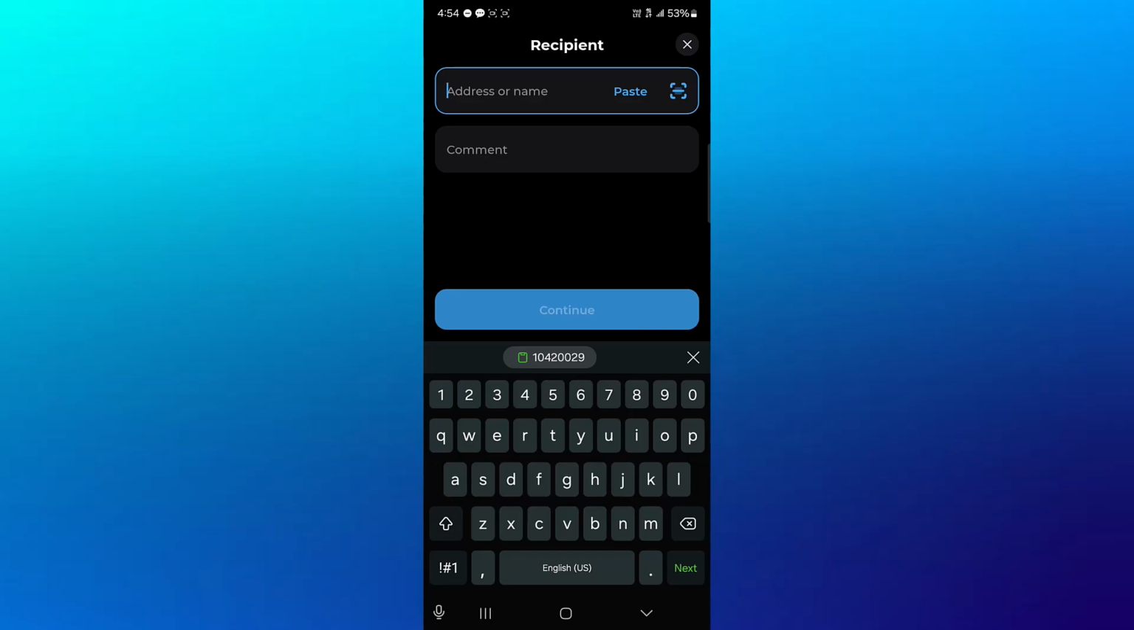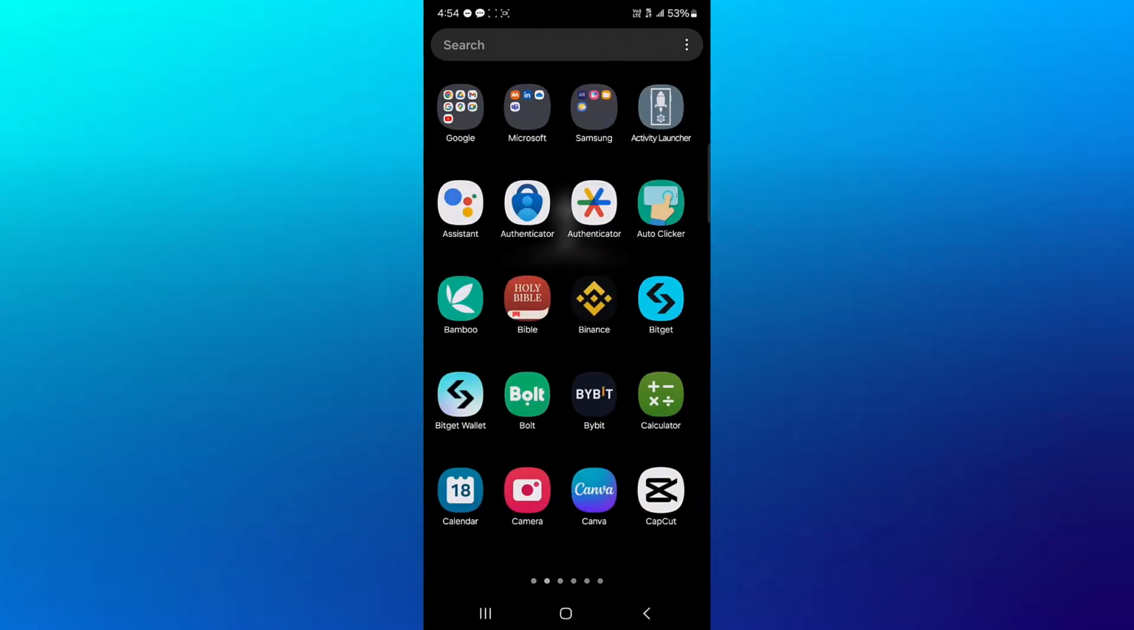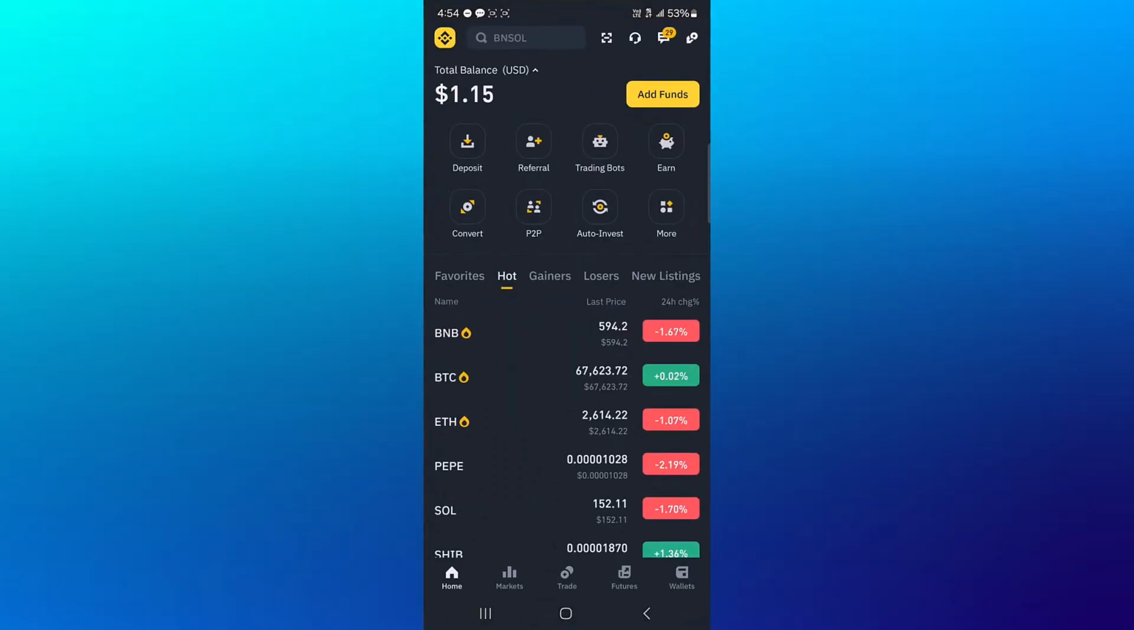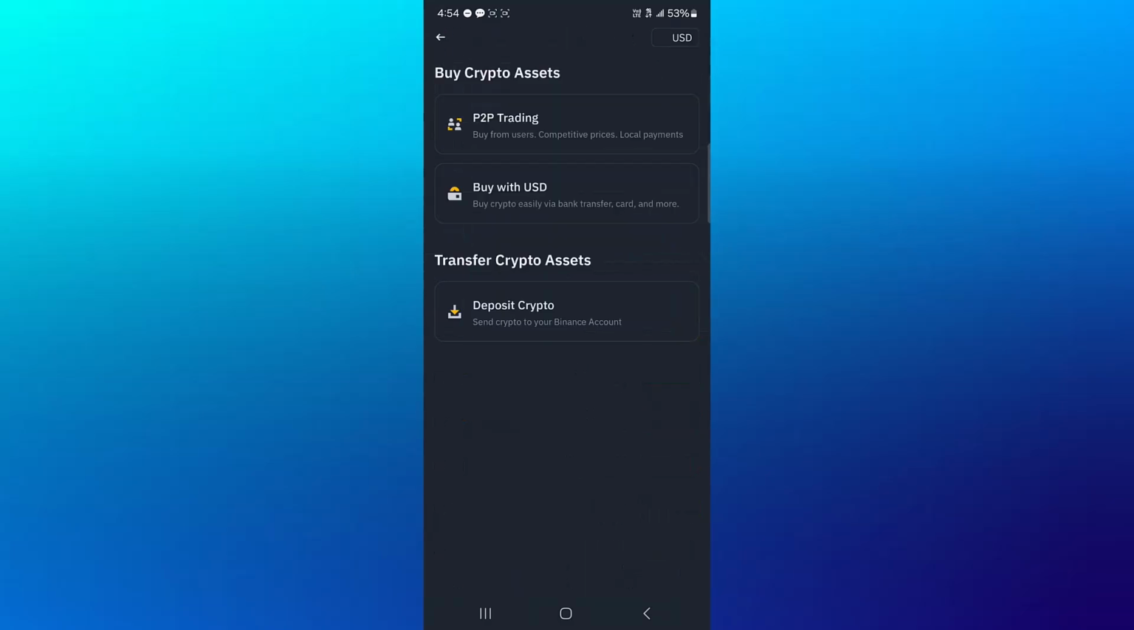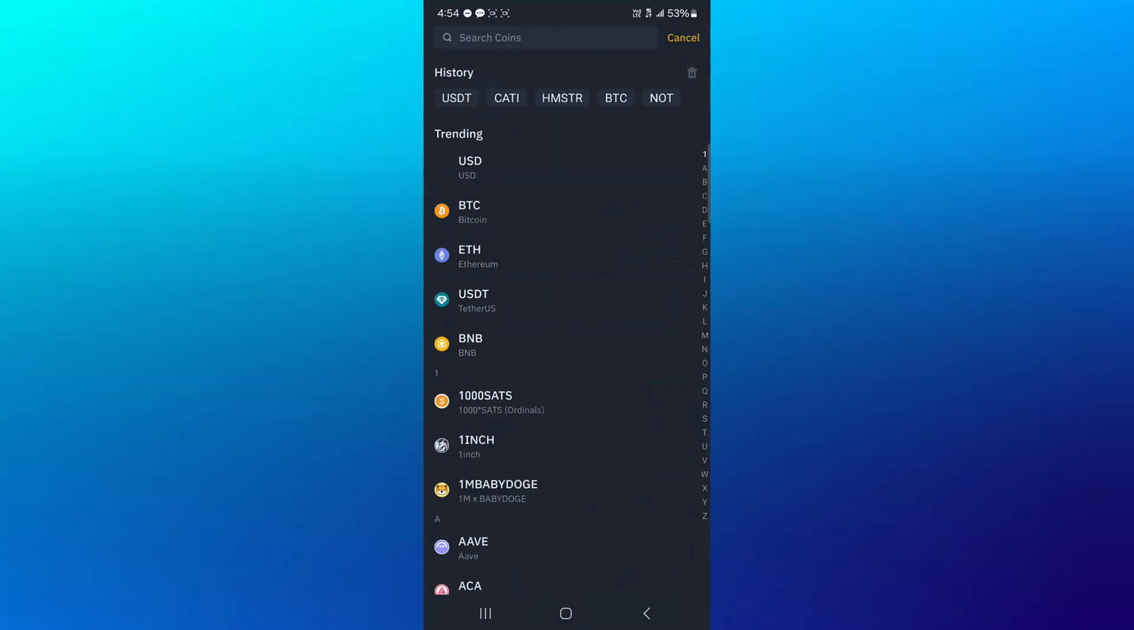Alright guys, make sure you provide your address and the comment in order to send your USDT tokens over to Binance. You can get this comment and address from Binance by simply minimizing, opening up the Binance application. Once it's opened, click on the add funds option, click on deposit crypto, and then select USDT in your trending